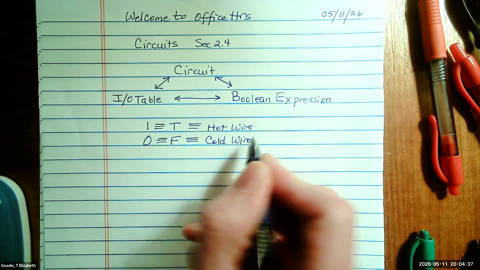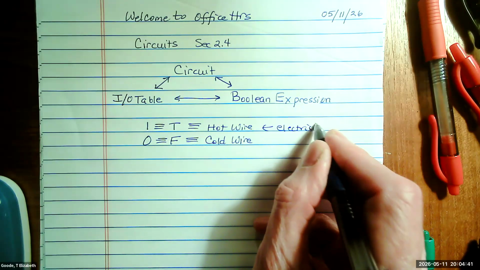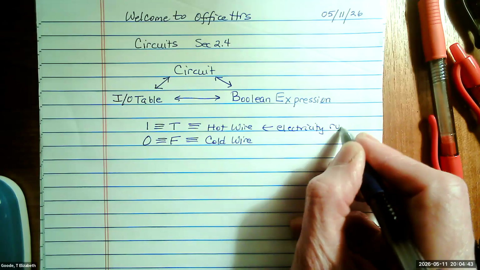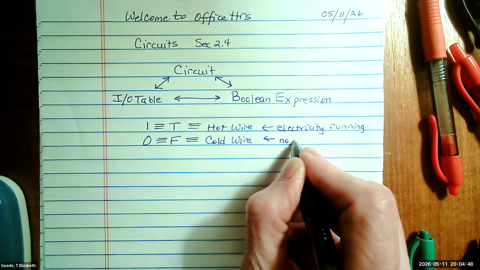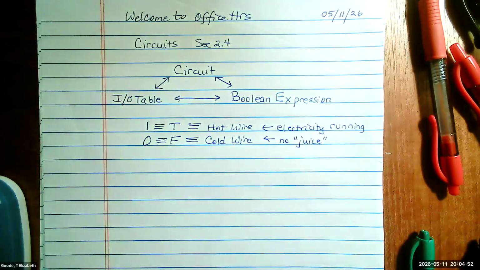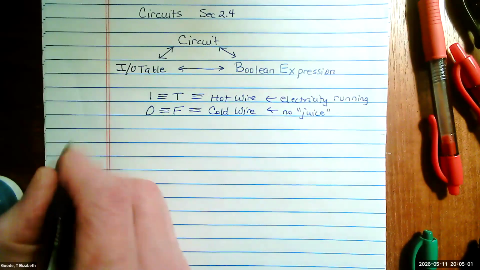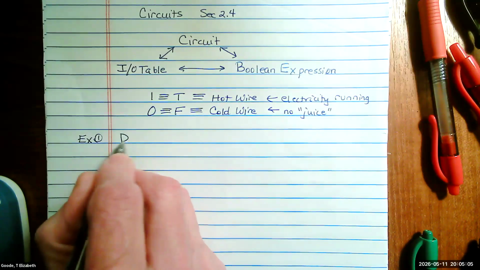And hot means there's electricity running through it. And cold wire means there's no juice or electricity running through it. Okay, so we're reviewing circuits. So, for example, we might be given the Boolean expression and we might be asked to